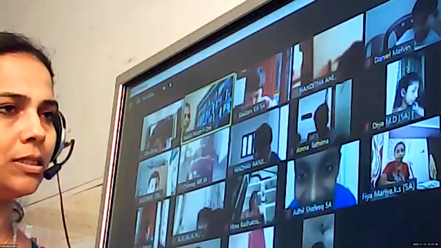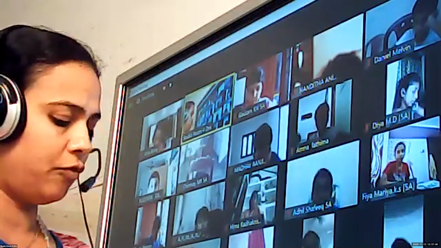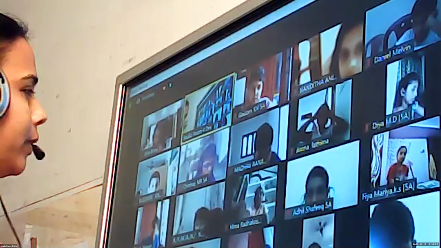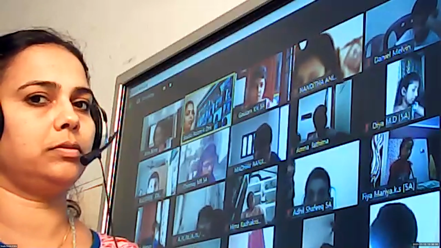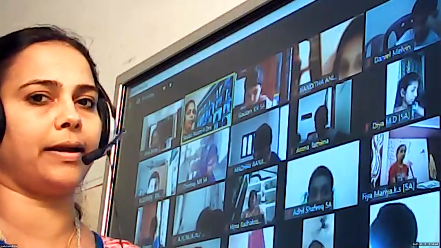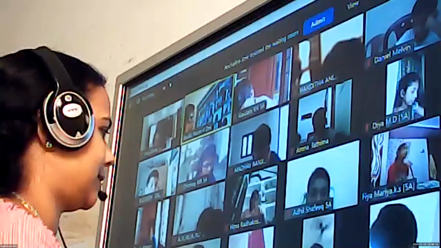And what is the fraction in its lowest terms? Means what? Who can tell me? It cannot be divided again. Means the numerator and denominator will have the common factor 1 only. For both numerator and denominator, there will not be any common factors other than 1. And a fraction can be reduced to its lowest term using division and HCF. That is what we learned in our last class.